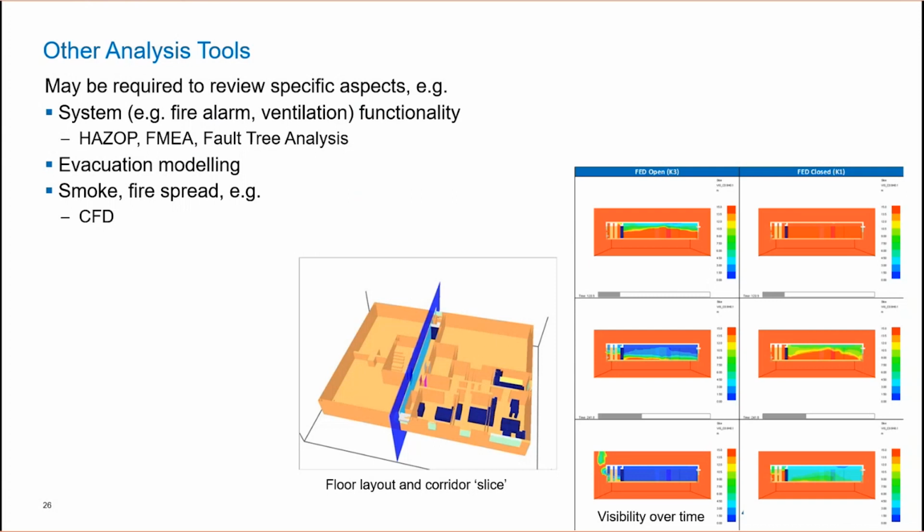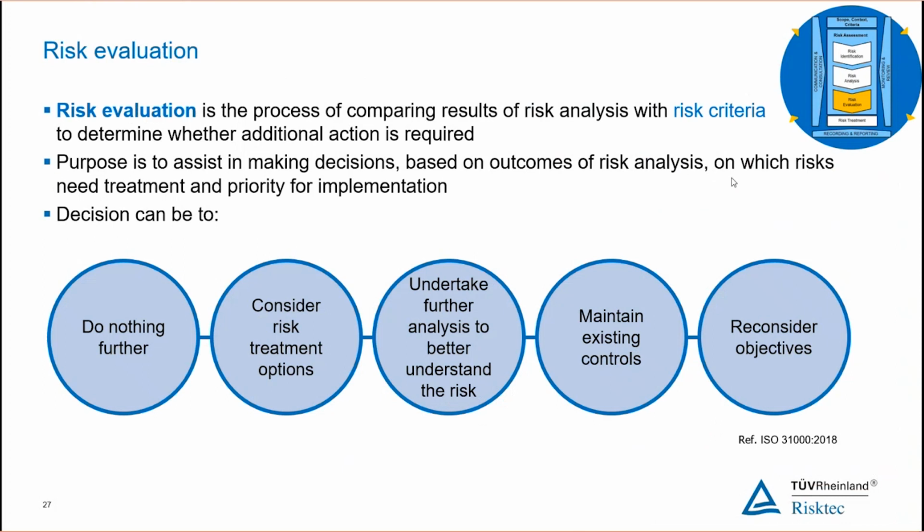The key thing is we understand what we know, what we don't know, and that we can then identify what we need to find out to manage that. So once we've done the analysis part of it, that takes us into the risk evaluation, comparing the results of the risk analysis with the risk criteria. How are we managing this risk effectively at this point, so that we can then start looking at what further can we do, which leads us into the risk treatment part of it.